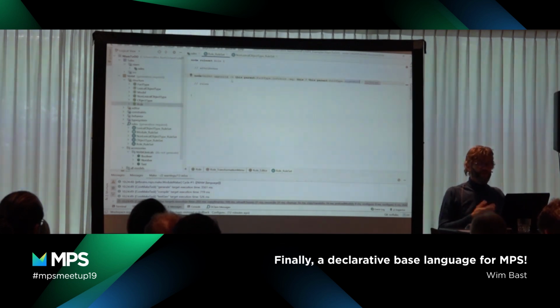So if I'm the left role, then my opposite is the right one. Clear?